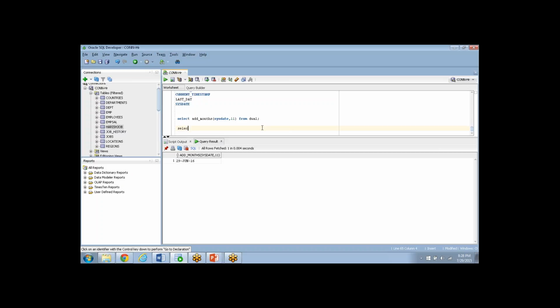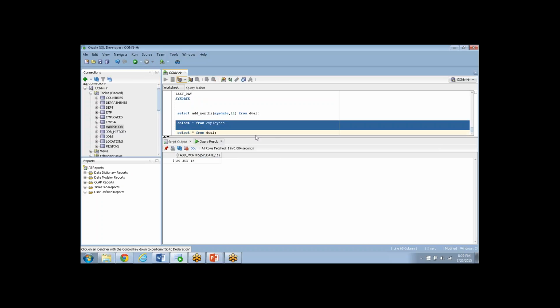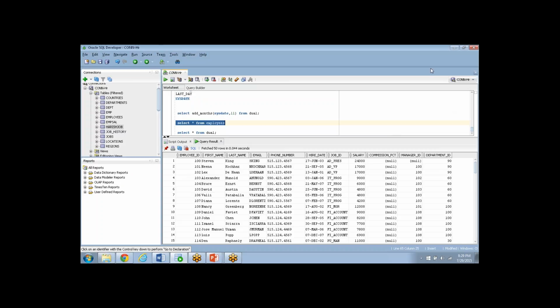So if you say select star from employees, you get a date. Your date is hire date. I just want to see what the hire date would be after adding 2 months. To display all the columns, I'm writing an alias with the star, which will give all the columns, and I'm writing